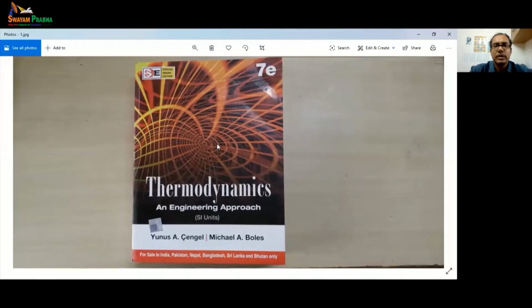So in this series of tutorial sessions that we are having, we are solving problems from this book to understand thermodynamics and the problem solving techniques. We are assuming that you have learned the chapters from the book in your classes, and here we are solving problems. Whenever required, we touch upon a few concepts but do not elaborate on them.